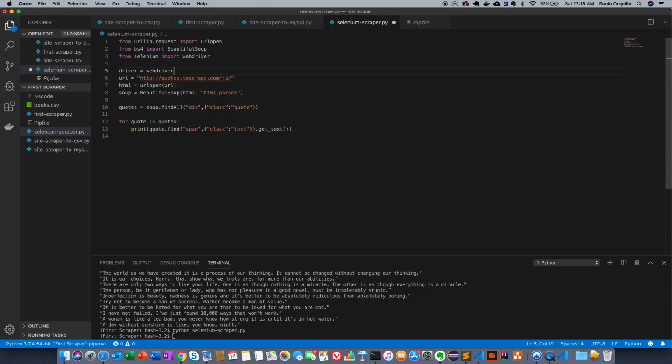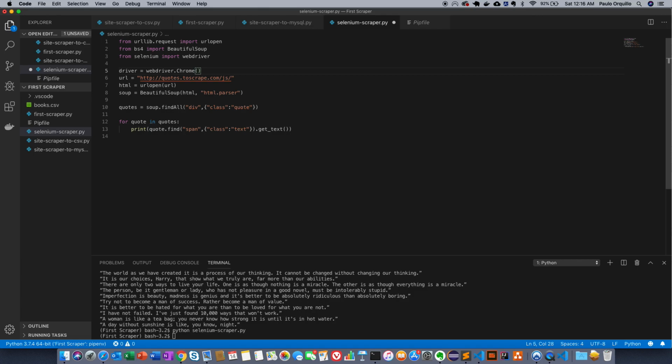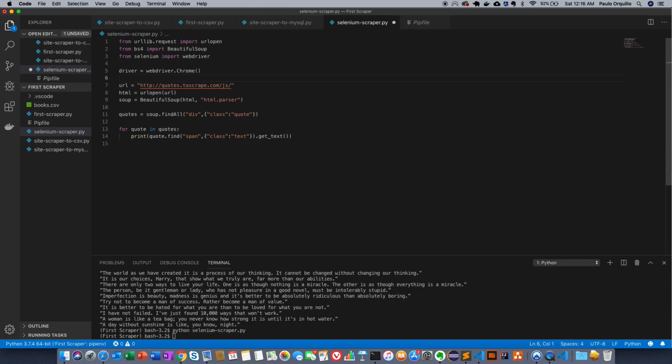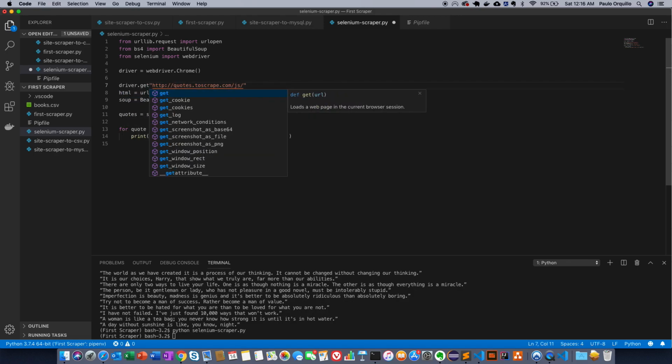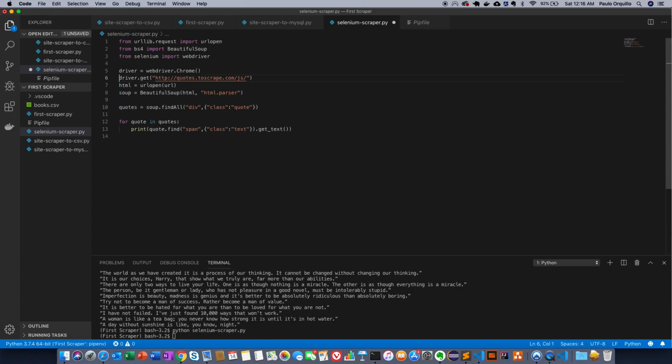We're going to call the webdriver, and we're going to call Chrome. Because we installed Chrome from Homebrew, it could be found in our directory. So this one we're going to call driver.get, and then from here